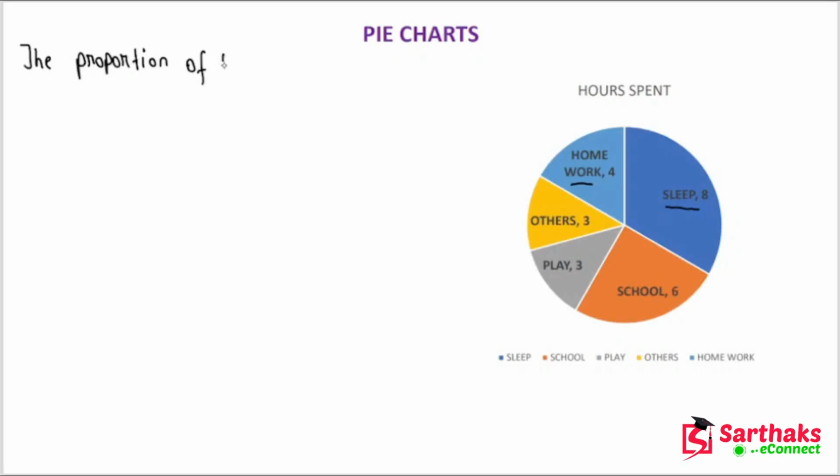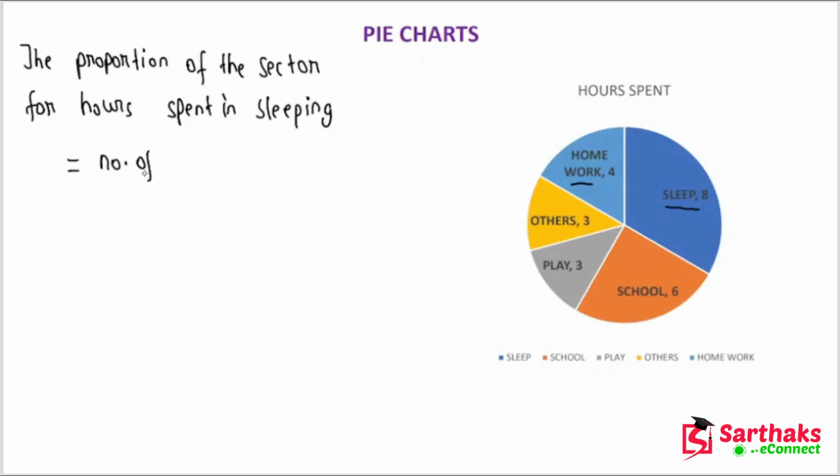of the sector for hours spent. Now what is proportion? The ratio. If you multiply that ratio by 100 you will get the percentage. So for hours spent sleeping, let us first find out the proportion of hours spent sleeping, which is the number of sleeping hours,